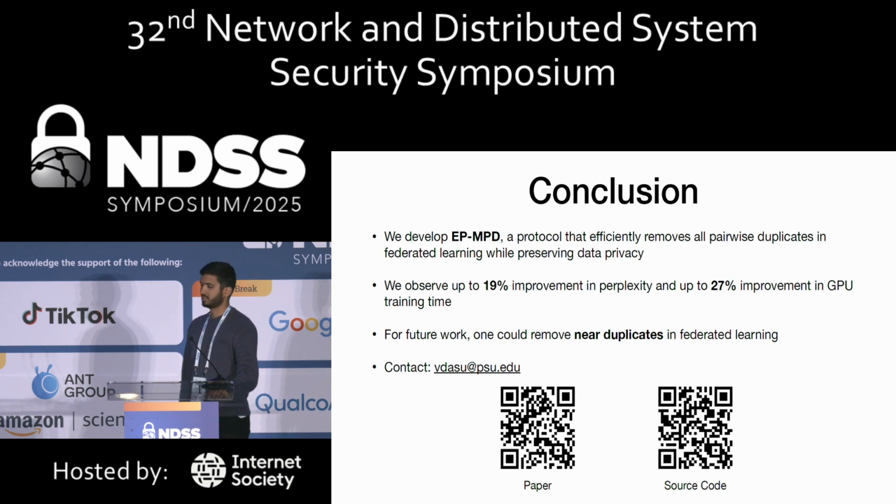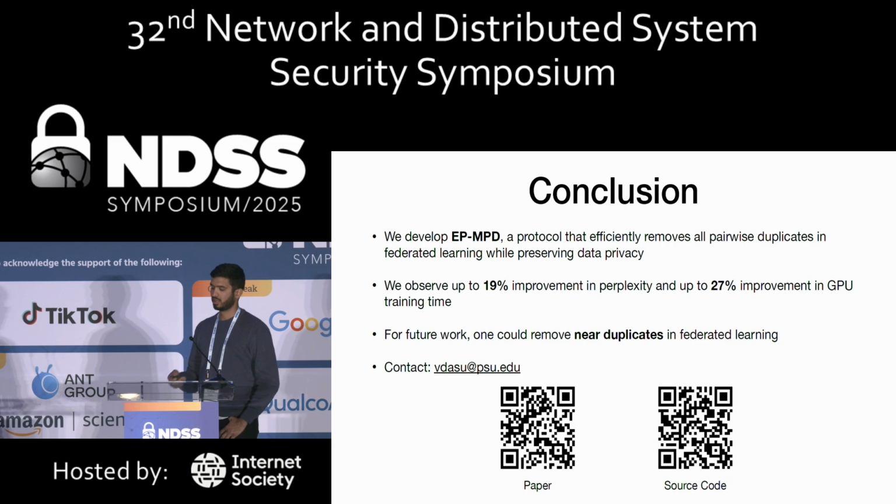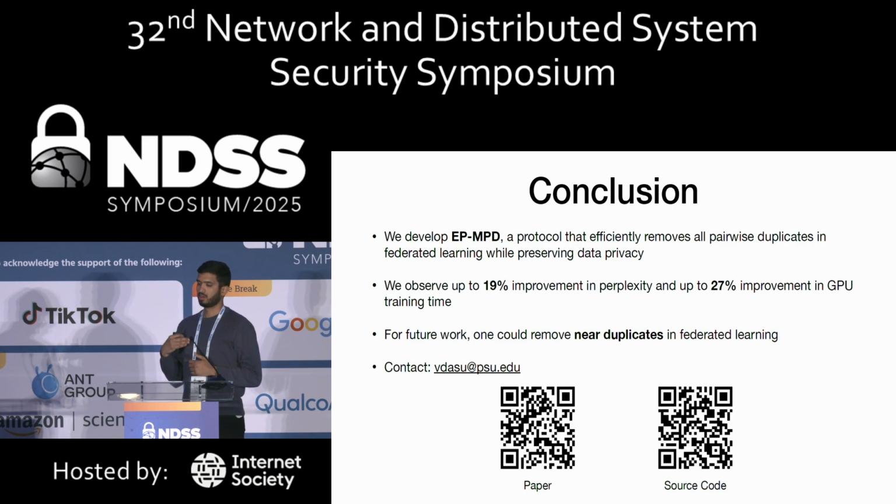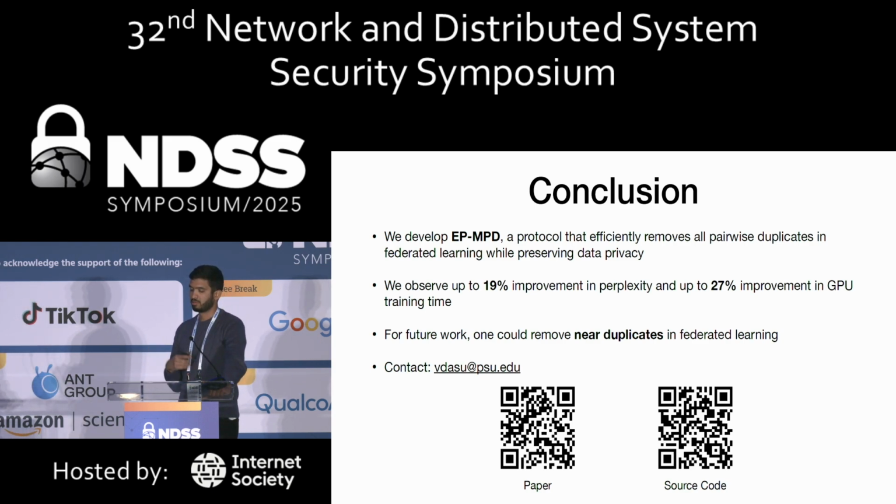Yeah, thank you. That's a good question. So let's take the example of Google's keyboard prediction. They actually use federated learning to train their model for keyword prediction. And one problem of duplicates that I didn't exactly mention in our research is that duplicates can increase memorization in language models, which can also pose privacy risks as it increases the success rate of membership inference attacks or data extraction attacks. So by performing this deduplication, you can decrease the chance of privacy attacks on your data when machine learning models have been trained on them.